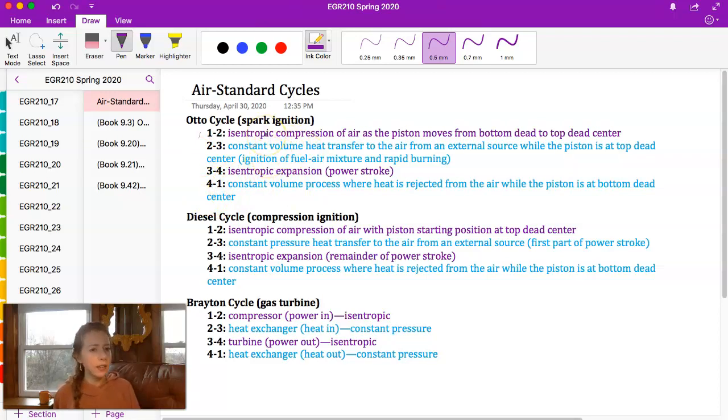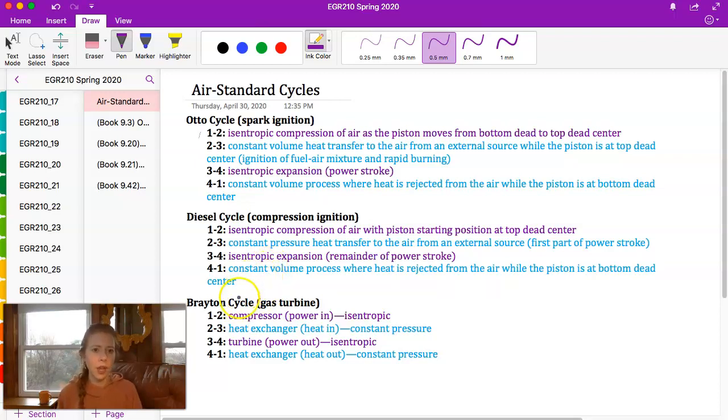The diesel cycle, so these would be vehicles that require diesel gas, is a compression ignition system. These are very similar processes to the Otto cycle, except that for process 2 to 3, we have constant pressure heat transfer rather than constant volume heat transfer. That is one of the major differences. And the second video you watched for this week compared and contrasted the two cycles and the differences in the